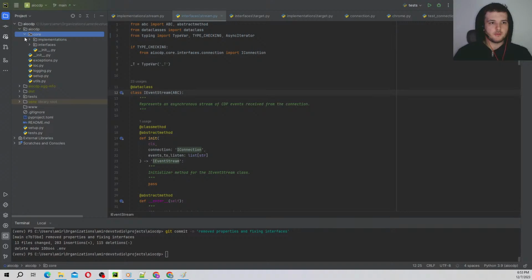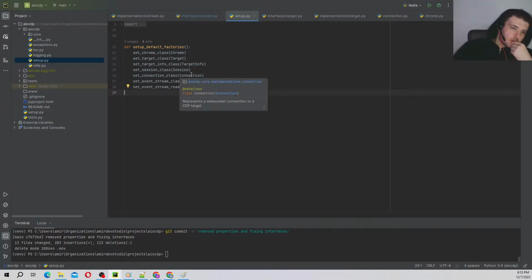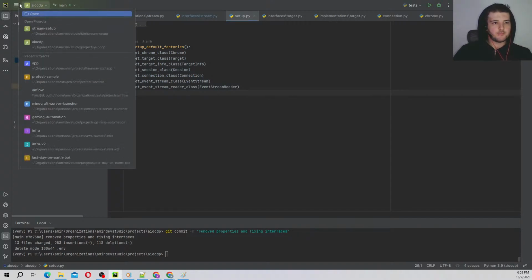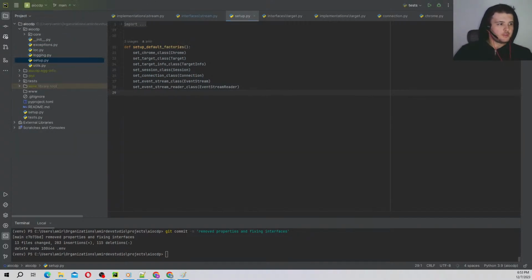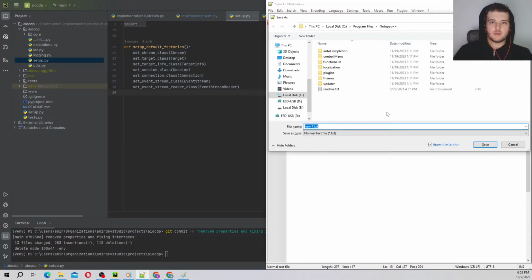Now, before I publish this, I do want to set up some stuff. Okay, so now we're kind of moving on to the next step of our plan, which is building the actual project. So this is going to be, I'm going to call this plan. It's not going to be here. It's going to be,